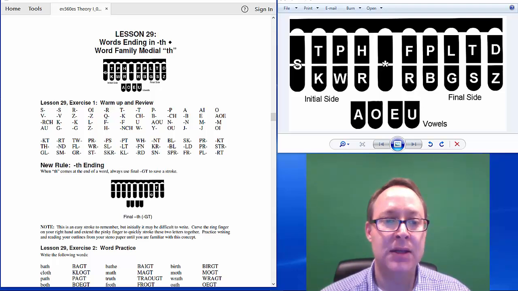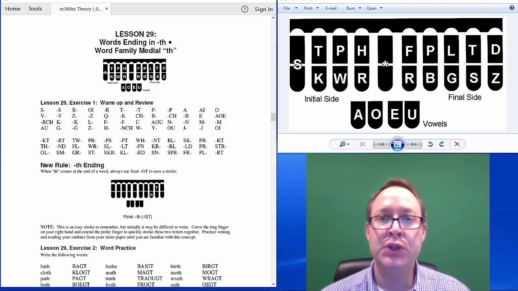initial N, final N, initial M, final M, aw diphthong, initial G, final G, initial Z, initial H, final inch, initial W, initial Y, ow diphthong, initial J, final J, oi diphthong. And this is group 2,